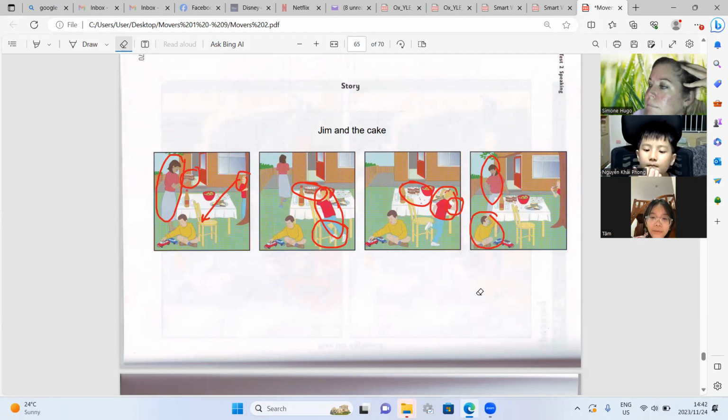She wants some cake. Then Jim's sister is taking some cake.